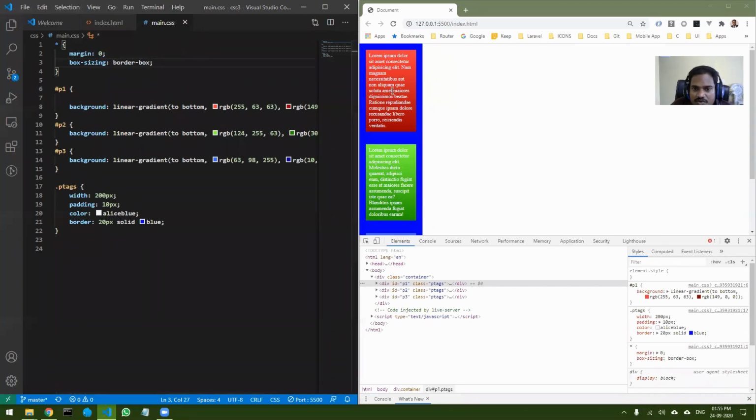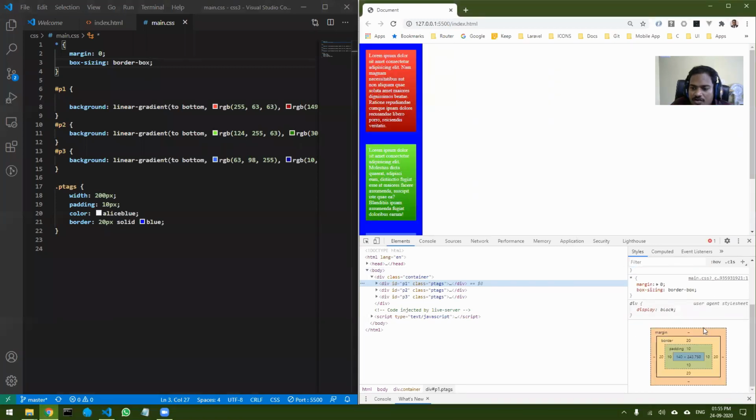Let me show you the difference. Right click, inspect. Now go down. Now look at this entire thing. The size of the content is 140 pixels. The size of the padding is 10. Size of the border is 20, so 20 on this side, 20 on this side, left and right. Padding 10, 10.